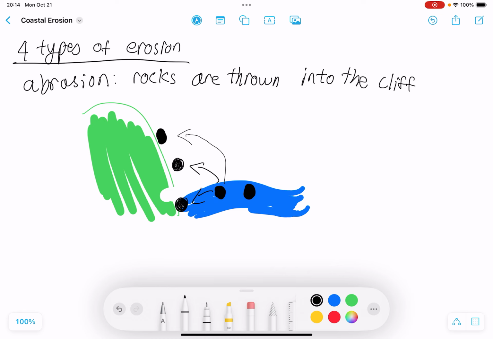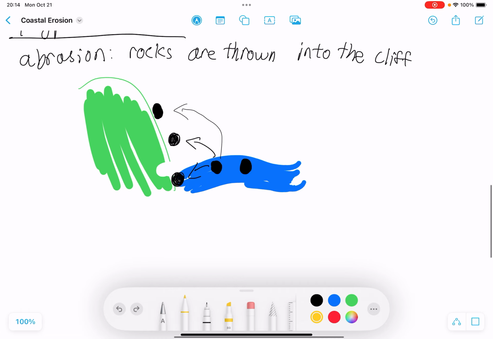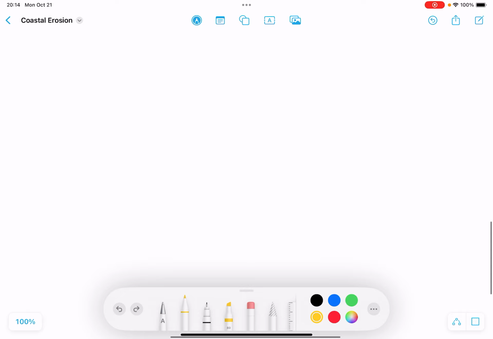Another thing I want to talk about is that over time, this cliff, even if it doesn't wear away that fast, becomes smoother. For example, at first the cliff might be really sharp and really rough. But then over time, since the rocks keep banging into this part and sliding down, it's like sandpaper, and the cliff gets sanded and becomes smoother. So the next type of erosion is